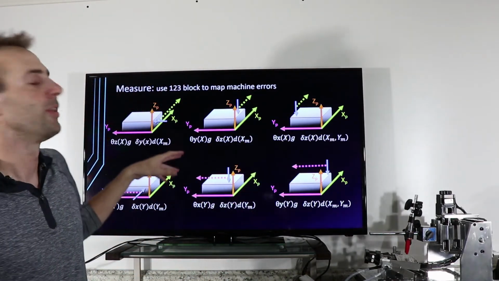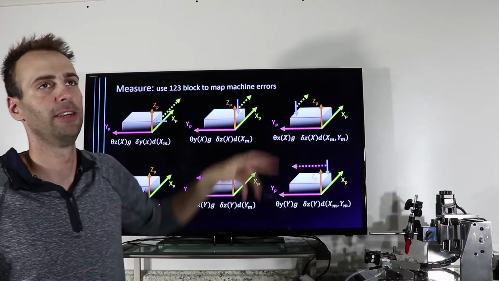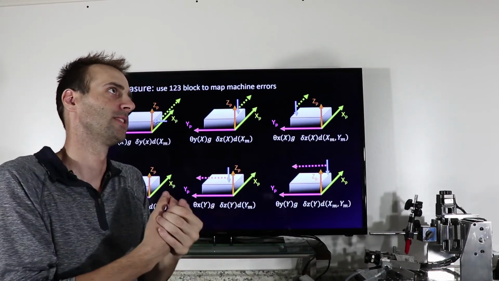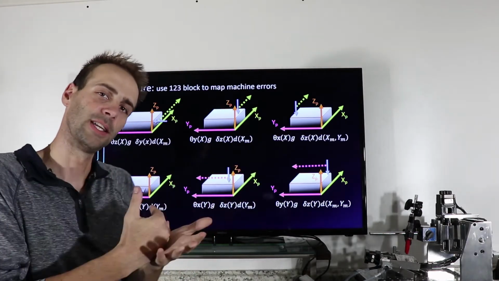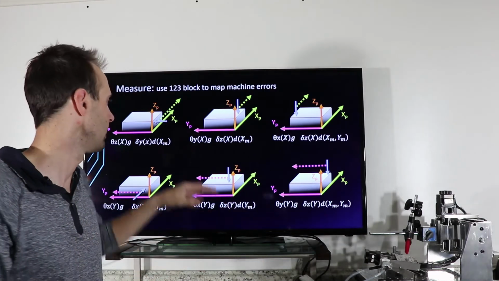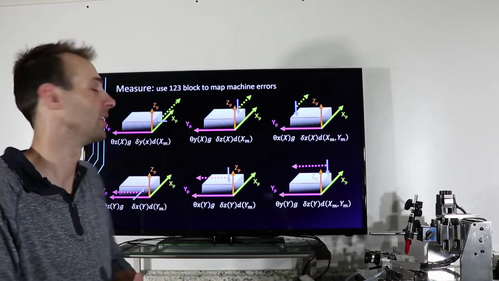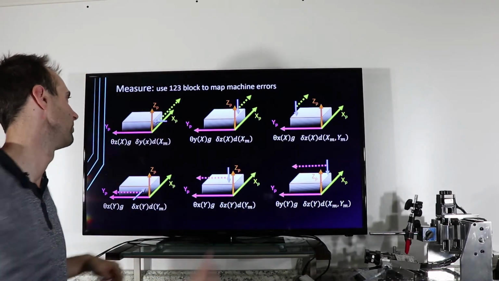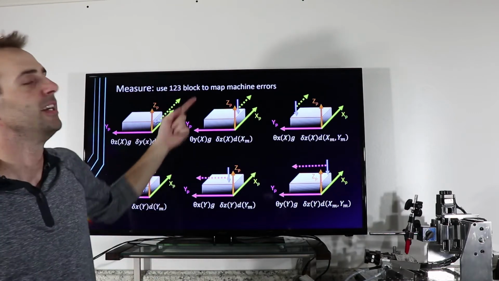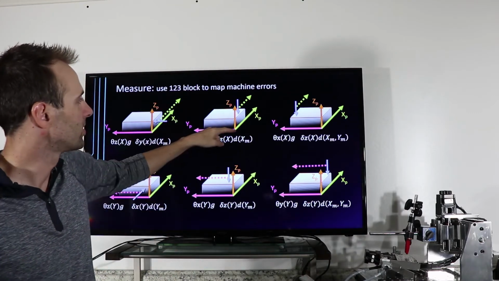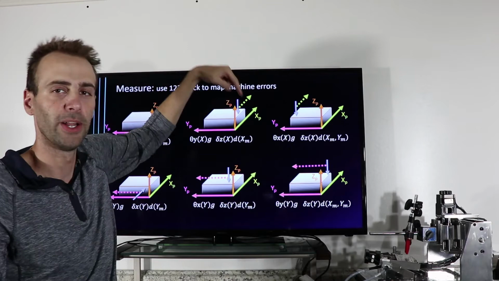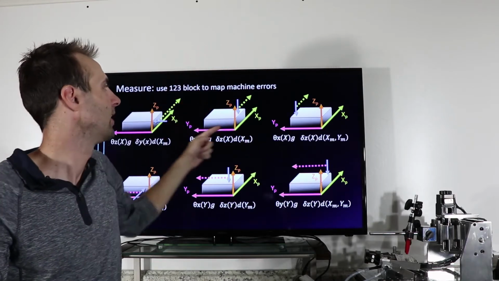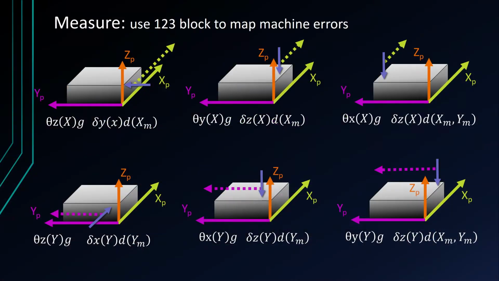So again, you don't have to do all these, but I put this on here to iterate what the different types of setups isolate, which errors they isolate. Okay, so we talked about this one, we indicate into y, we move in x. This one here, we put the indicator down on the top face, and again, move in the x direction, and that gives me